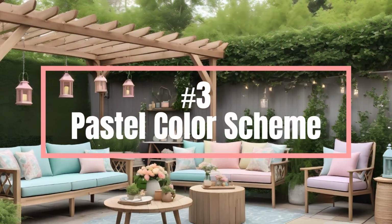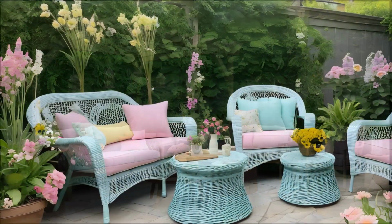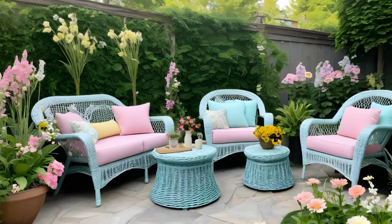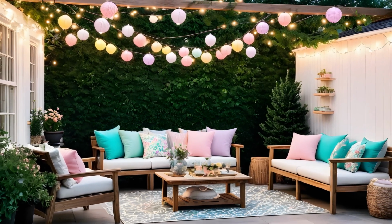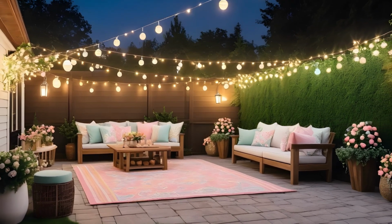Number 3. Pastel color scheme. Incorporate a palette of soft pastels into your backyard design to enhance the cottagecore vibe. Paint fences, garden furniture, and decorative accents in shades of soft pink, mint green, lavender, or baby blue to create